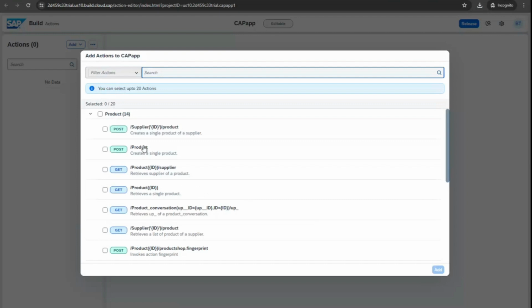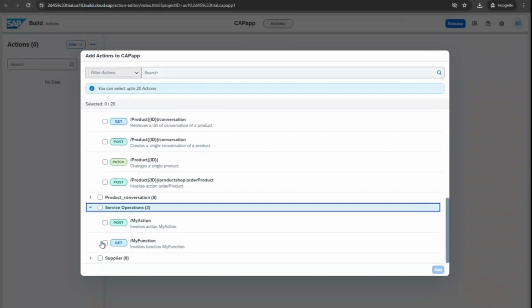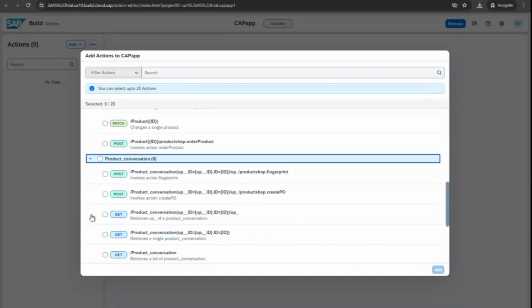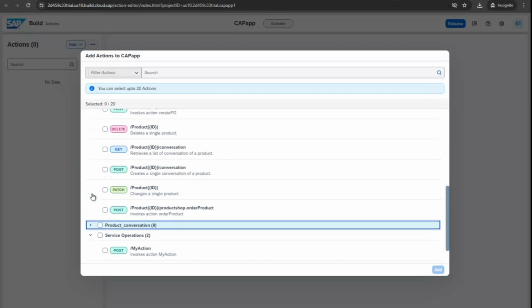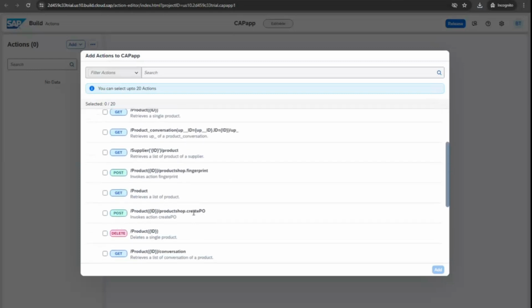You will automatically see it pick up all your details, like product, how to create a supplier, even your actions. If you come to the service operations, you will see your actions, my function. Remember all this, like the conversation, everything you want to do. So everything it will create for you. We have many things, like create PO. Can you see here? All these things are coming from my